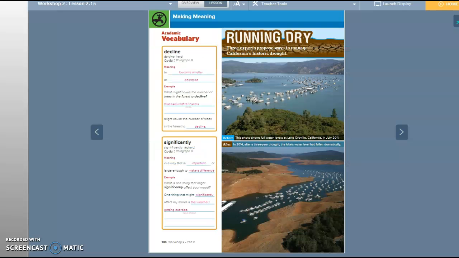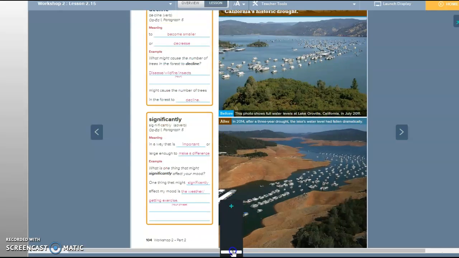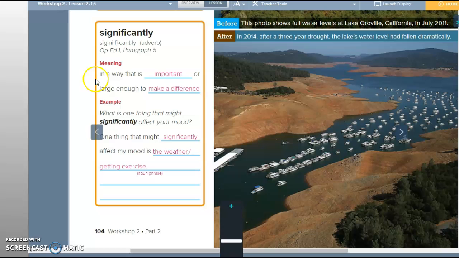Let's take a look at their responses. So the definition: in a way that is important or large enough to make a difference. What is one thing that might significantly affect your mood? One thing that might significantly affect my mood is the weather or getting exercise. I agree with those. Sometimes I feel like January and February are like the longest months ever, and I think part of that is